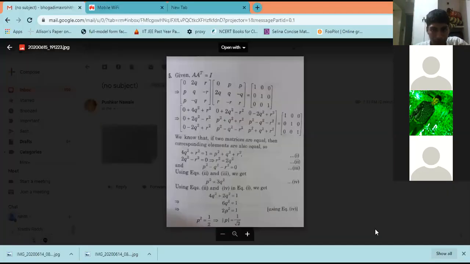See, for example, this is the solution in the book itself. It's a good book with a good collection. But see what he's doing. He wrote A and he is multiplying with A transpose. After doing all this, he's getting the same result that we got, that too along the row. Now he has 3 equations in 3 variables, and after solving those 3 equations he's getting this. Sir, I got the same answer till part 4.